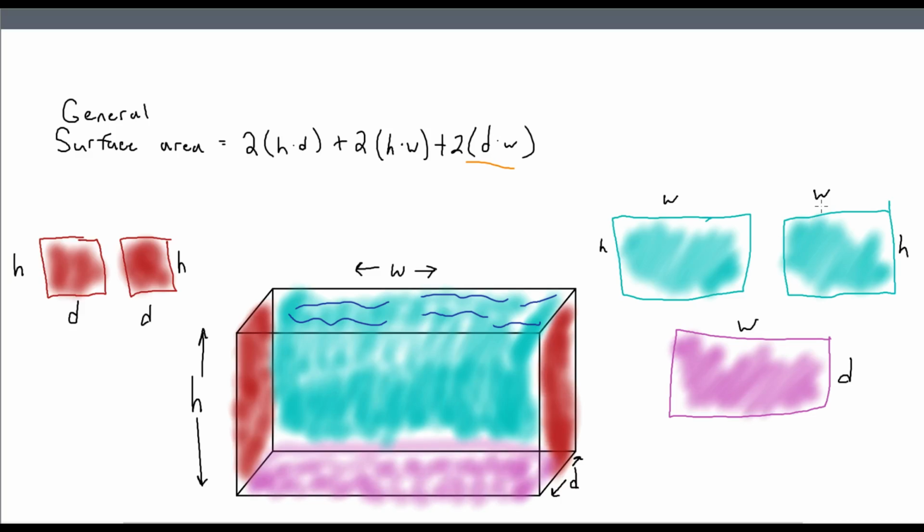Now this is where the formula will break down in its generalized form. We only have the depth times the width once, represented by this purple coloring. We only have 1 of these. And that's because this top one, where I've drawn water cresting, is because you have to be able to enter the pool and you have to be able to exit the pool. And if you go swimming down in here, you're going to want to be able to come up for oxygen. So we're not going to paint the top surface. So we only needed 1 purple